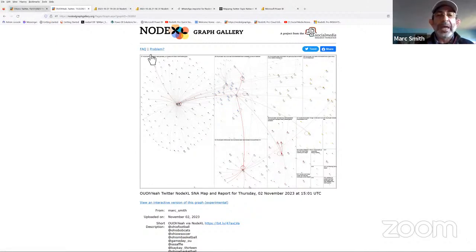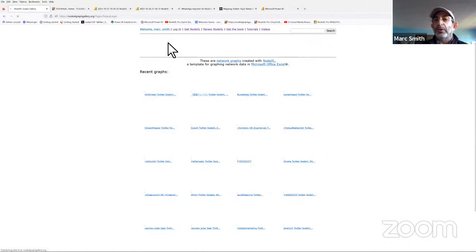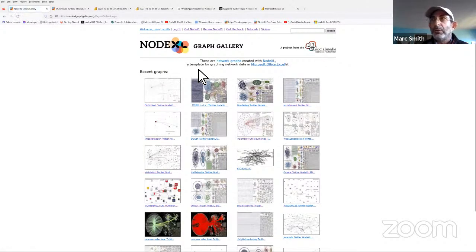So these maps provide us with an atlas of social cyberspace. It's a way of visually representing how differently groups of people can connect to each other.